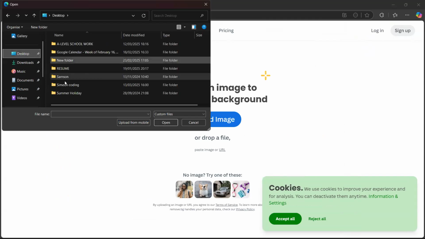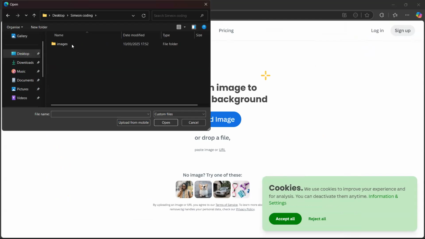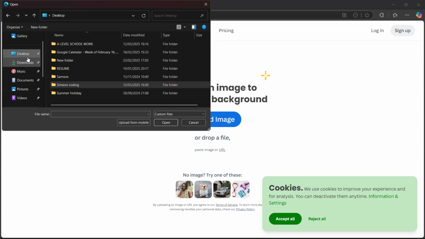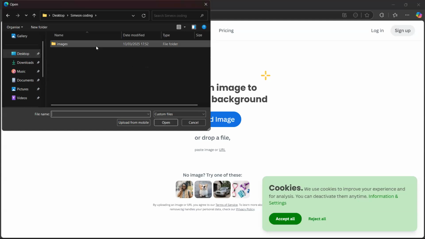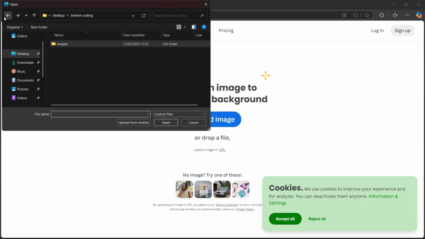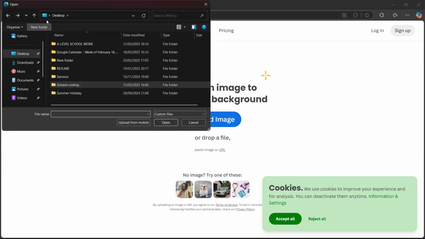Where's the place where you save the plane? I didn't save it. You did. I think it was a WEBP file. So that place where you have custom files at the bottom there, click on it.